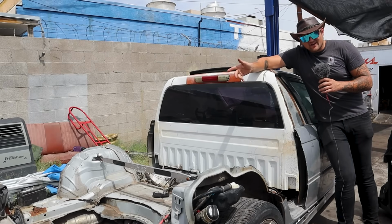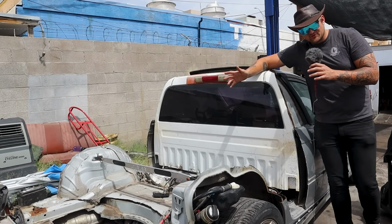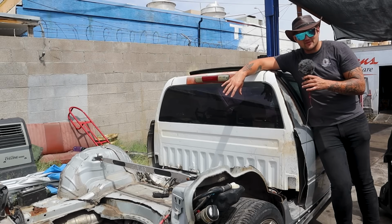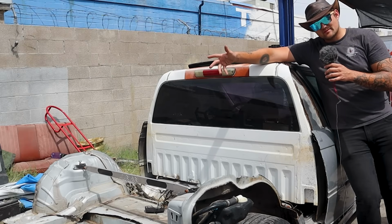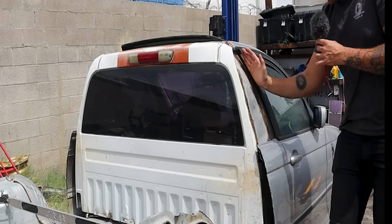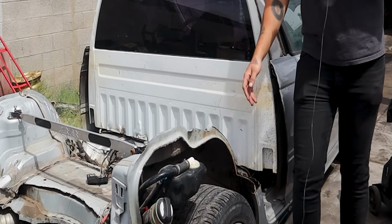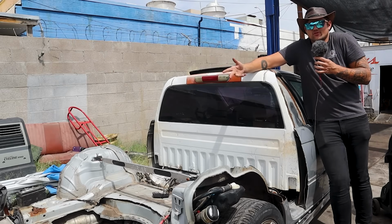Okay, so I have kind of a mess over here because this project has gone through several stages of me caring about it, and I finally actually care about it and really would love to see this finished how I imagine it and be able to drive it and use it how I want. With that in mind, I don't really have a plan. I just know I want to bring this out so that it's flush. I want to cut this, weld that, and there's really no better way to do it other than just to